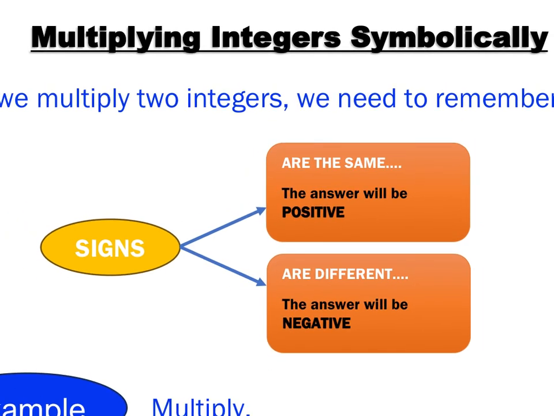if we're dealing with two numbers, if the signs are the same, in other words, they're both positive or both negative, the answer is positive. If the signs are different, then the answer is negative. Okay? So,